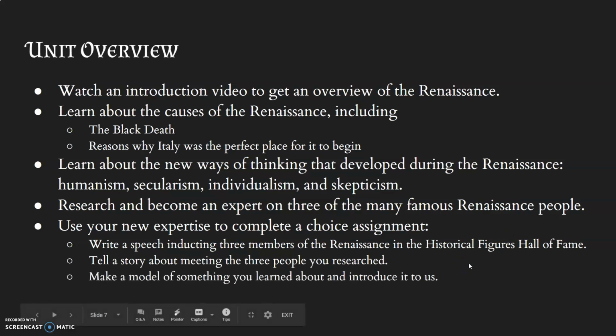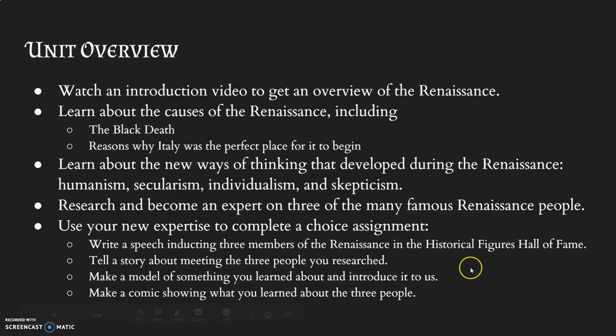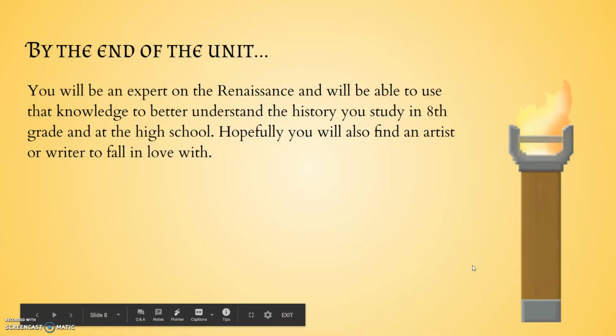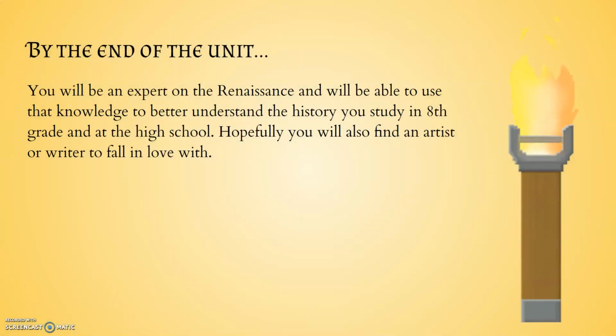making a model of something you learned about and introducing it to us, again, like the Globe Theater or Brunelleschi's Dome, maybe a Leonardo da Vinci sketch that he drew but never made, like his helicopter, whatever. Find something you'd want to make. Or finally, if you want to do the artistic thing, make a comic showing what you learned about the 3 people. So when this 2-week unit is over, you'll be an expert on the Renaissance and will be able to